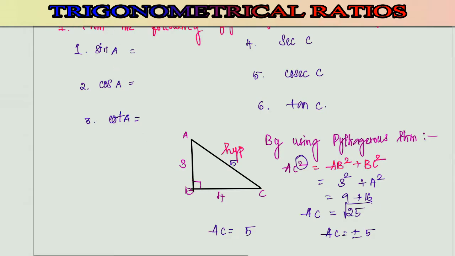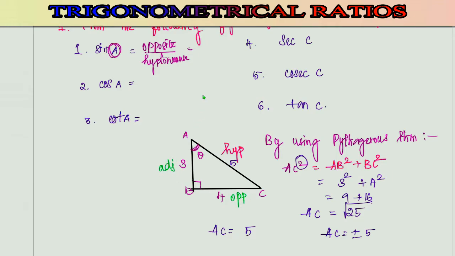And we know very well the ratios formula, sin A is equal to opposite divided by hypotenuse side. Now, before taking the opposite side, here the angle of reference is A. So you need to consider the theta at angle A. So this is the theta value. Then opposite to theta, this is the opposite side, and the leftover is going to be the adjacent side. So the formula, opposite side we have 4, divided by hypotenuse side is 5.